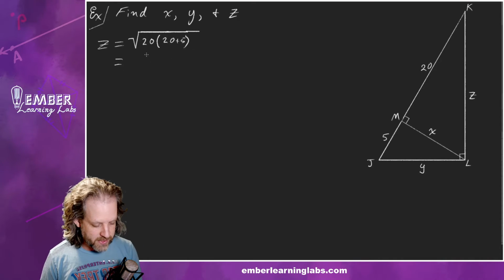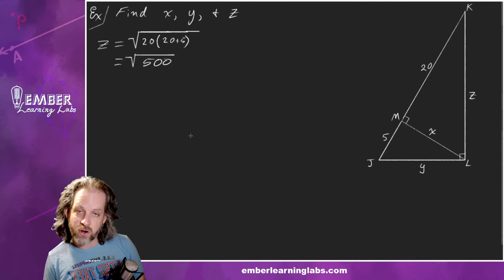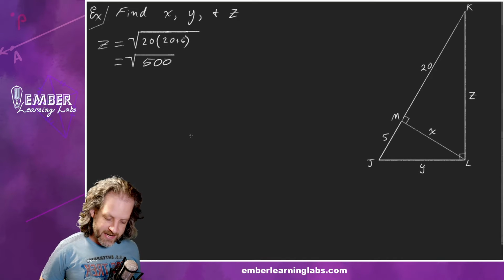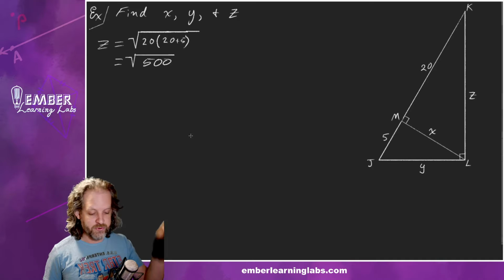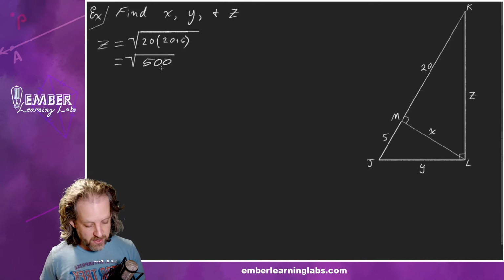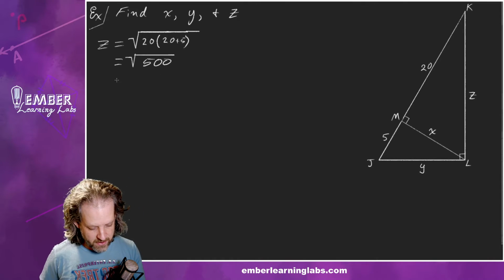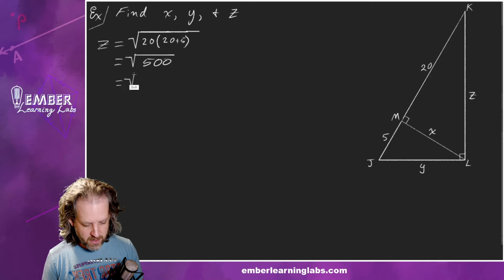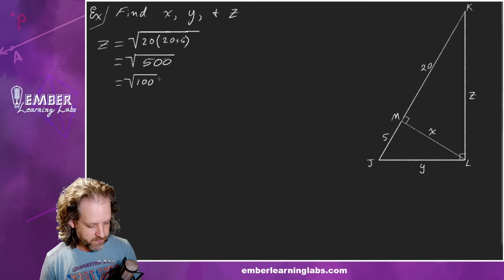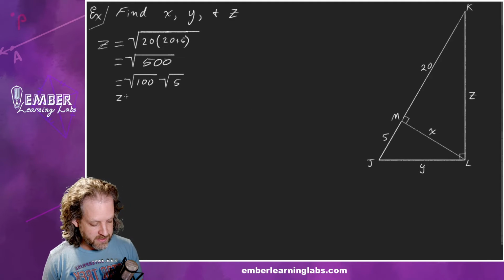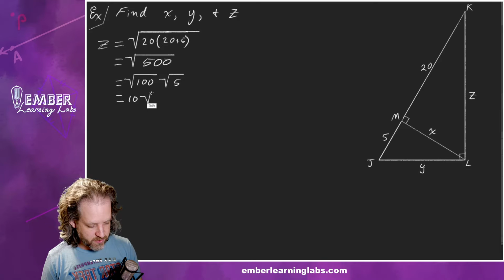So Z equals the square root of 20 times 25, which is 500. Now we're going to simplify it into an exact answer, and then we're also going to get our decimal equivalent on this one as well. So are there any perfect squares that go into 500? Well, yes, there are, because 100 is a perfect square, right? So we can simplify this into 100 times 5. Square root of 100 is 10. So this is 10 times the square root of 5,